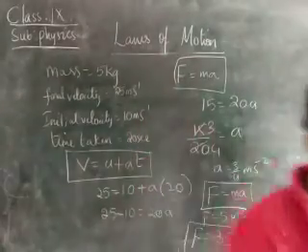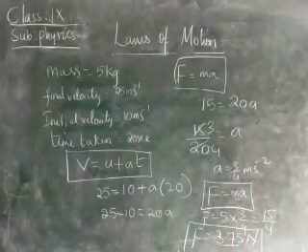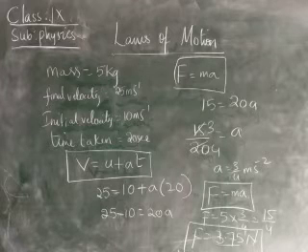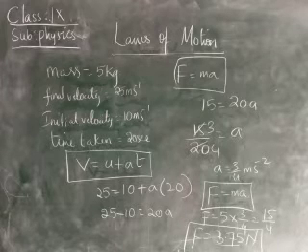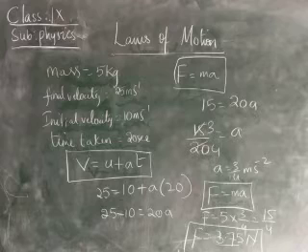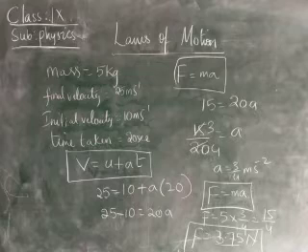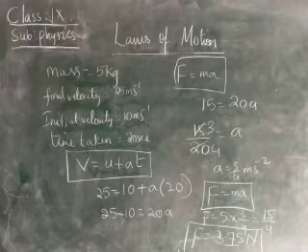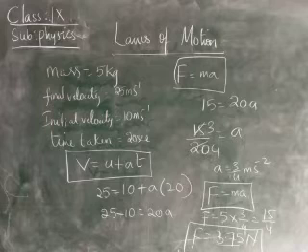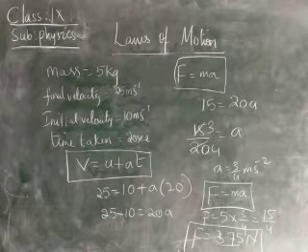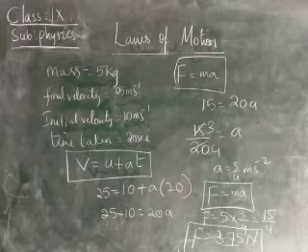Okay, I think you have understood, children. Here the mass is given as 5 kg. Final velocity is 25 meter per second. Initial velocity is 10 meter per second. The time taken is 20 seconds. By using the formula V is equal to U plus AT, we got A is equal to 3 by 4 meter per second square, and substituting that A value in the force, to find the force, we get 3.75 Newton, children. Okay, children? Yes.